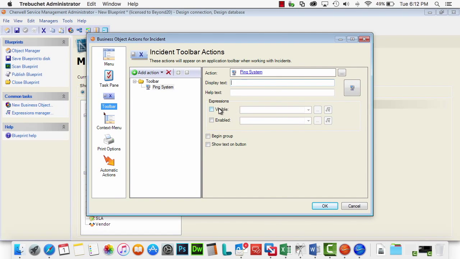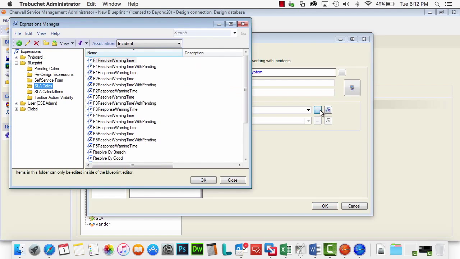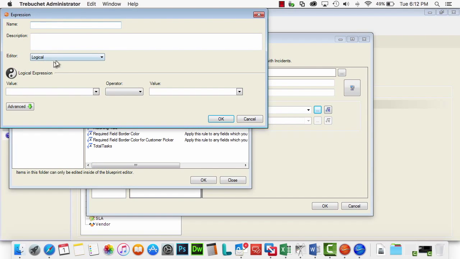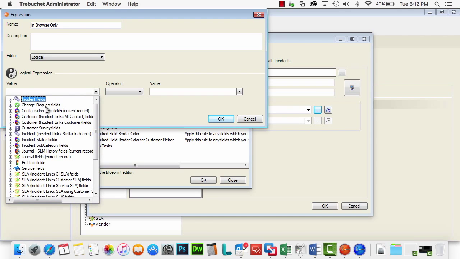And then what I like to do here is I like to make this only visible when you're in the web client, basically, rather than making it visible in both the web client and the smart client, as it would be sort of redundant in the smart client. Usually I'll just build a custom expression here. If I'm going to do a lot of them, I just create a named expression, just put it in my blueprints. Here it is, in browser only,